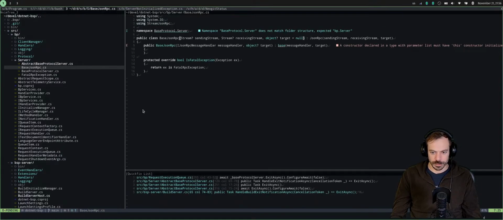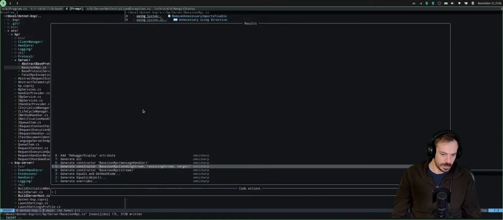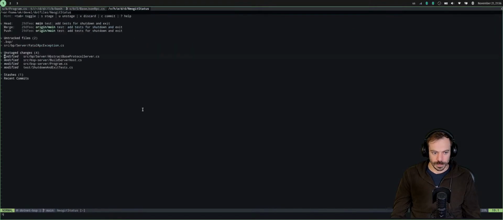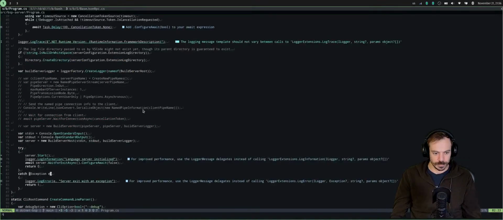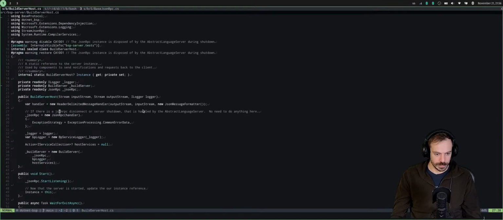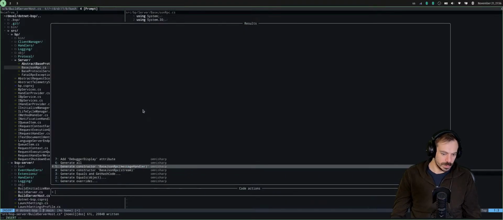So maybe I just remove this part. I generated the regular constructors for that. Yes, BuildServer host. BuildServer.rpc. This is one handler only, so let's introduce the other one here with the message handler.